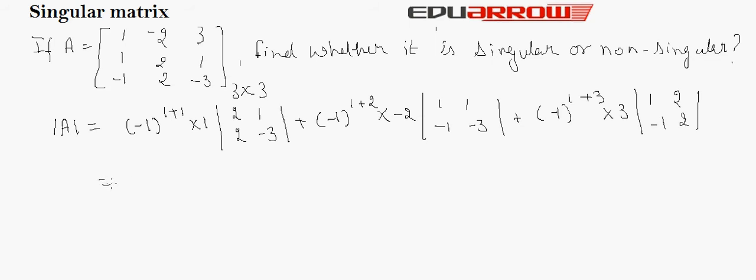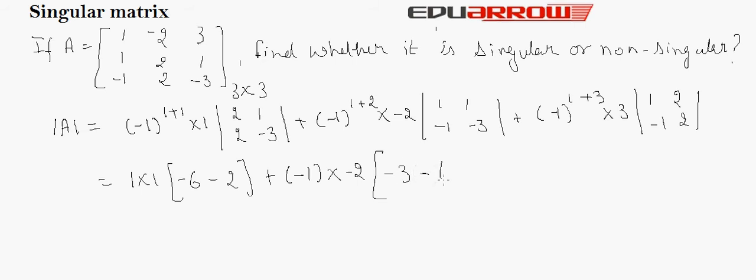This will come out minus 1 to the power 2, that is 1, into 1. This is equal to minus 6 minus 2, plus minus 1 to the power 3, that is minus 1, into minus 2 into minus 3 minus of minus 1,